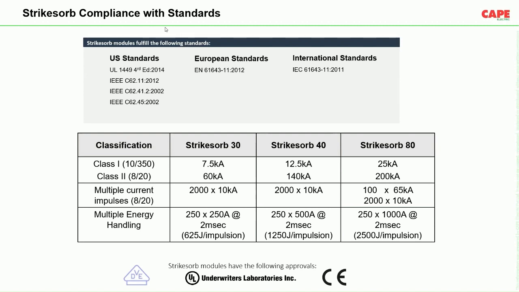You must have seen on the earlier picture, it is made with an aluminum housing. So aluminum acts like a heat sink for the MOV. As soon as the MOV is hot, it is cooled down quite faster in comparison to a DIN rail SPD, and that is the reason these SPDs are able to withstand the multiple strikes. You can see the last one, strikes of 80, 100 times 65 kA, 2000 times 10 kA, and after that,